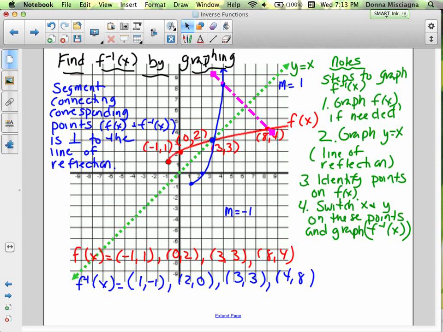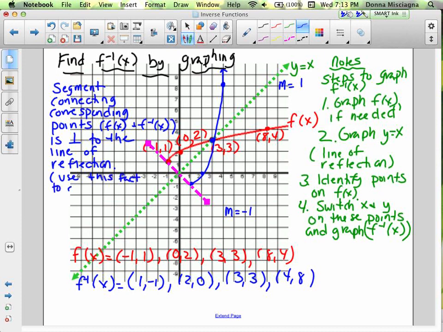This is a great way to check, and sometimes it can help you get more points if you're stuck. So you can use this fact to check your graph of f inverse. That little fact all on its own won't necessarily be enough, but